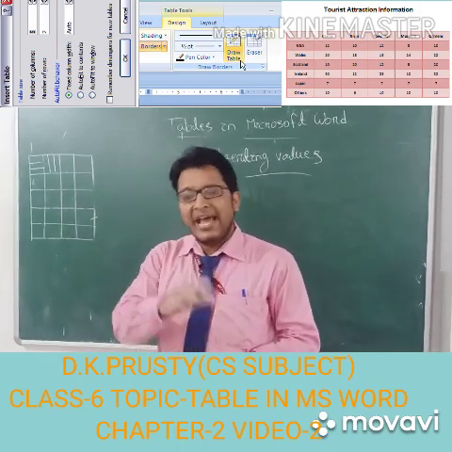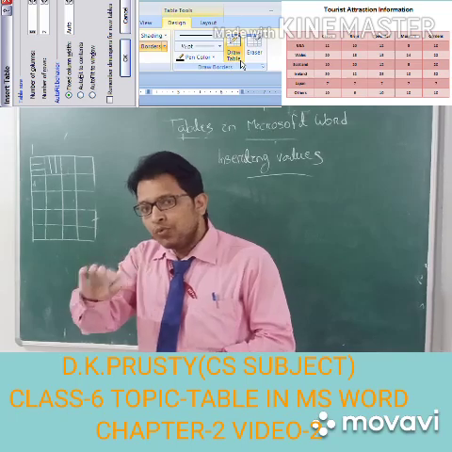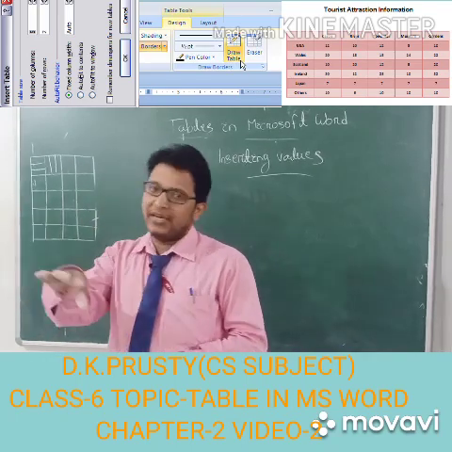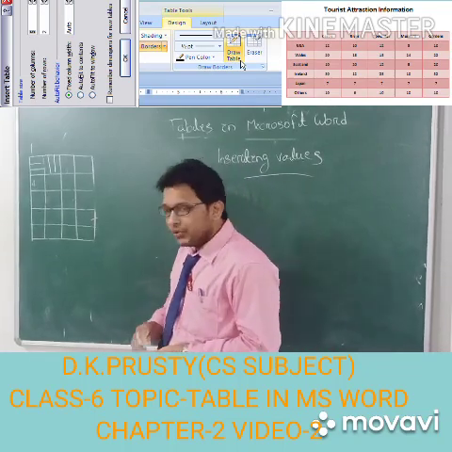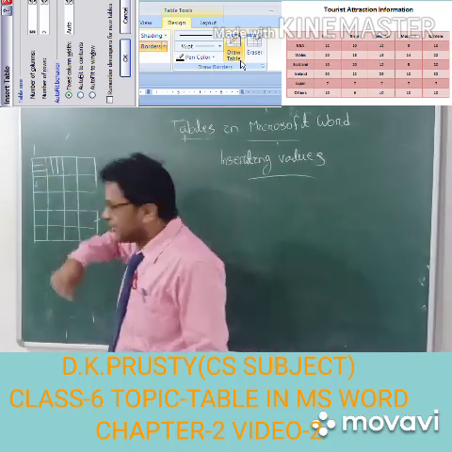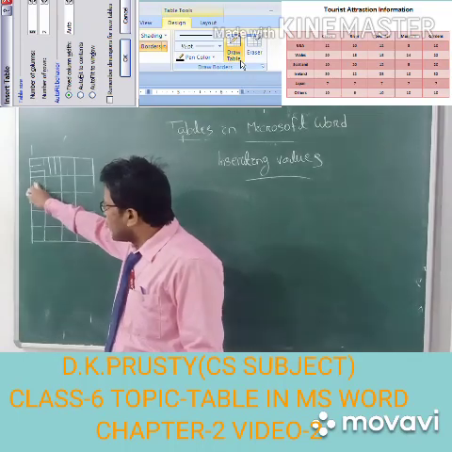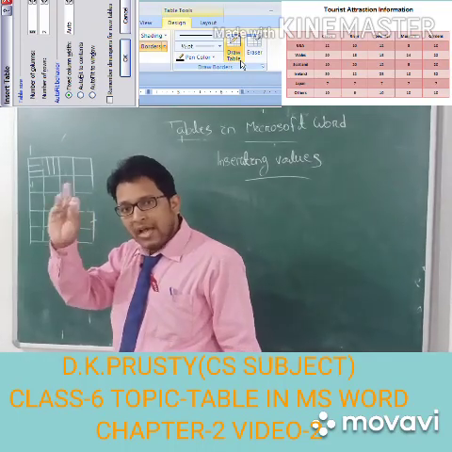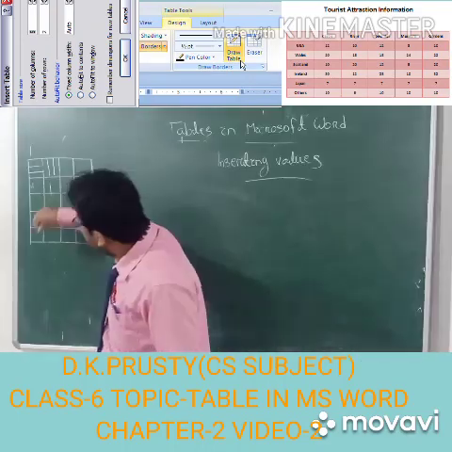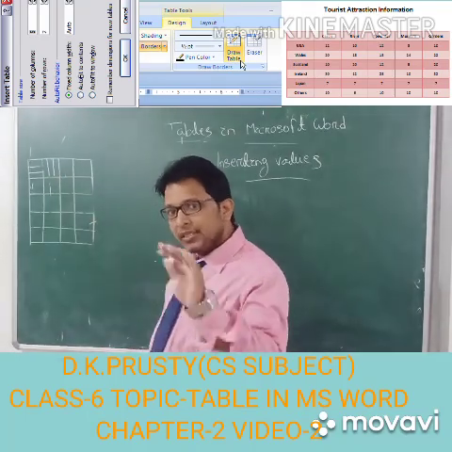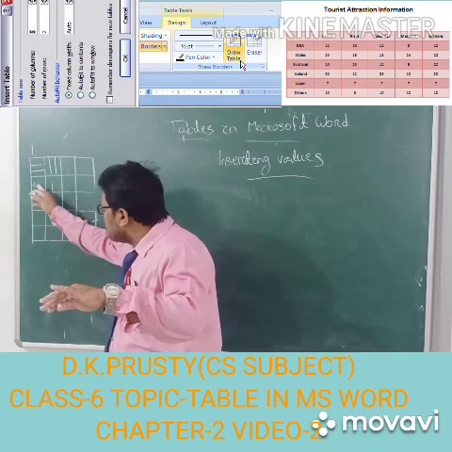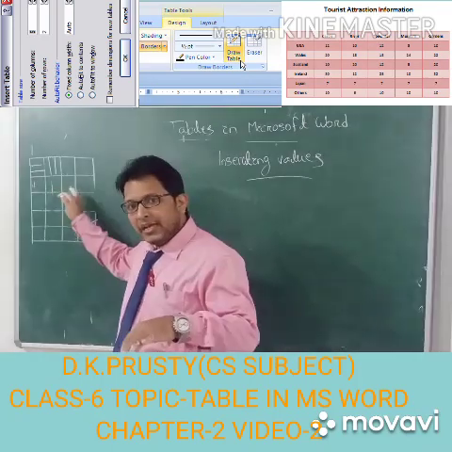Then press the arrow key to move to the next cell of the table to insert values. This is our blinking cursor. You type here, then press the arrow key, then come to this one. Again you type, arrow key, the next. In this way, we can insert values in a table.